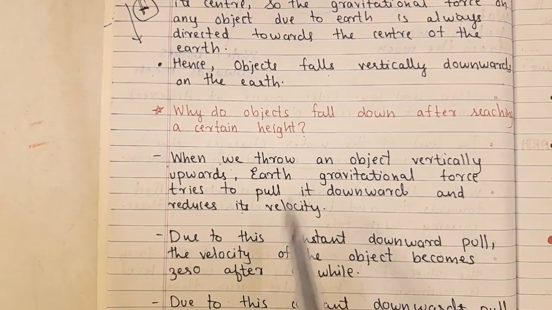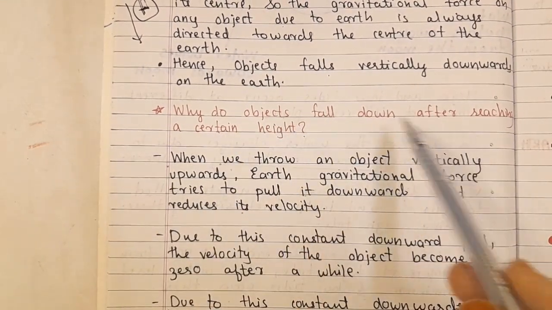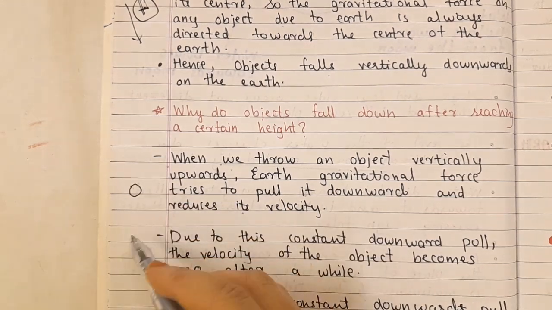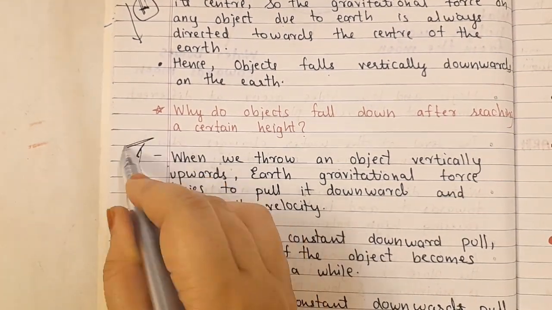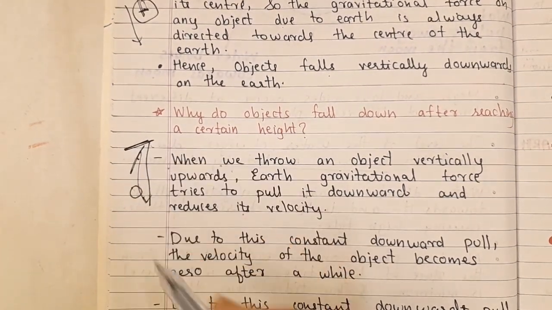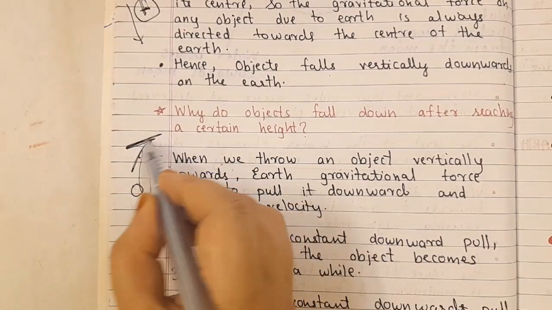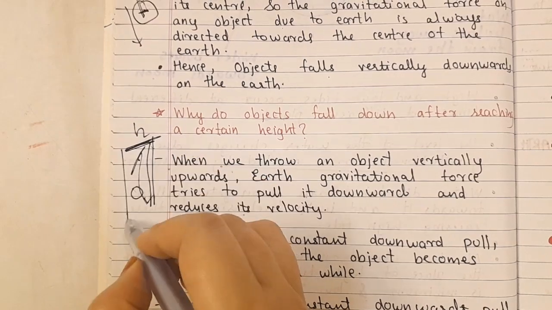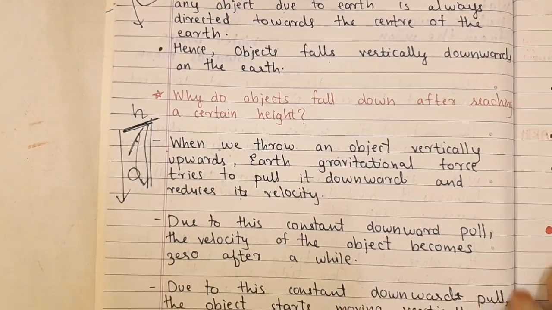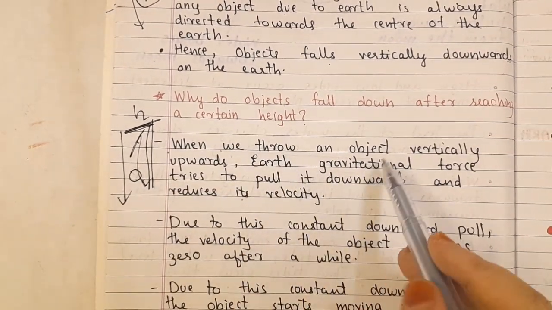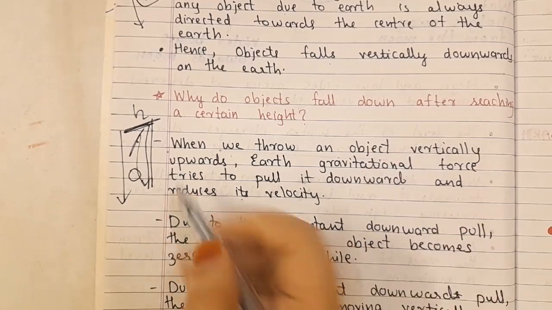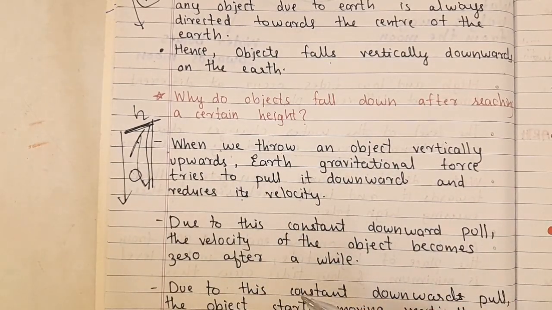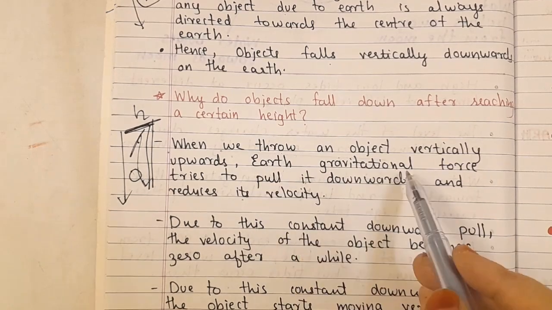Now we have one question: why do objects fall down after reaching a certain height? If we throw an object in the upward direction, it will reach a particular height, and then it will come back down. After reaching a certain height from the Earth, it falls in the downward direction. Why is this so? When we throw an object vertically upward, suppose we throw a ball upward, what happens? The Earth's gravitational force